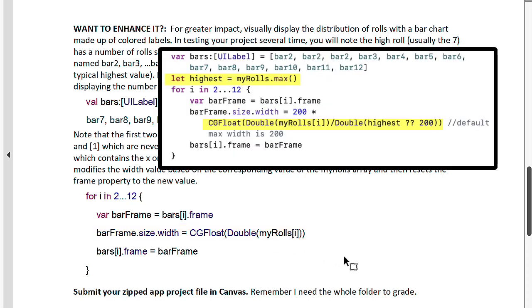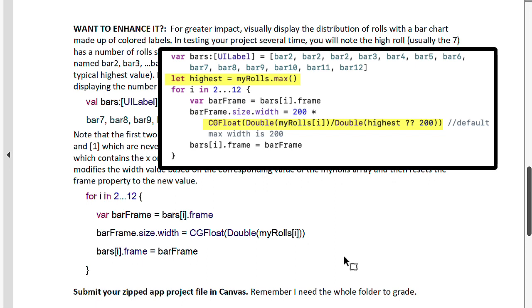As I played around with this a little bit more recently, I thought, gosh, we should make the longest bar be 200 pixels. That's sort of the value that I determined was the max that fit on the phone, or 200 units. Why don't we do a little different math and find the maximum value. We'll take each roll and divide it by the maximum roll. That'll give us a value between 0 and 1. So 1 times 200, since our largest bar will be 200 units, would give us the largest bar,